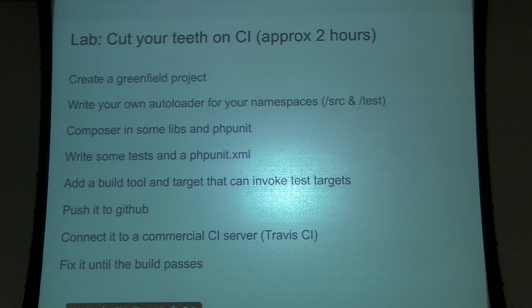So that is, in a nutshell, the road to CI. I'm sorry my slides are a little